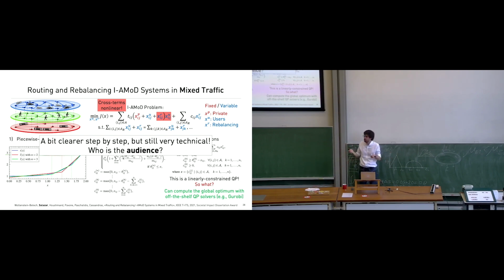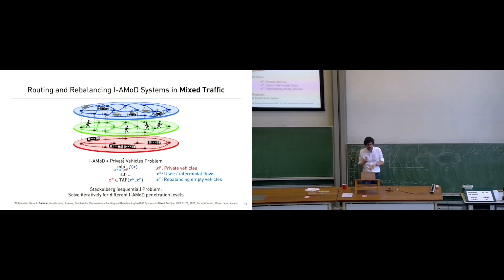Again, the question: who is the audience? Who are you talking to? Because you could also only show this. We have an intermodal system. In black is what we can control, the users, whether they take public transit, walk, or go by car. In gray, we have the private vehicles that do their own business, minimize their own travel time with Google Maps, and then park their car. And we want to optimize our operation, knowing that private vehicles will react to our choices. If we congest one road, they will use another road. And we can solve this problem and look at these very nice results.